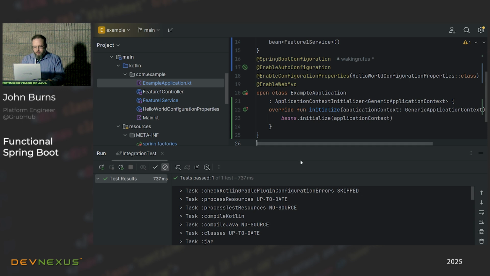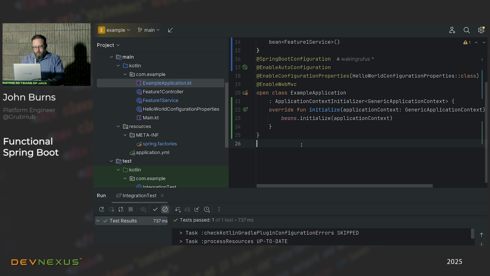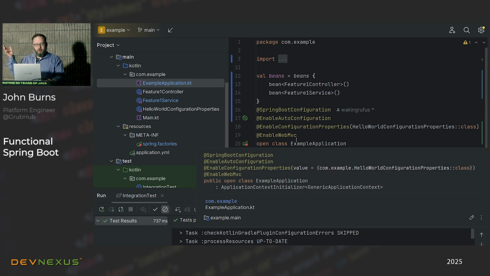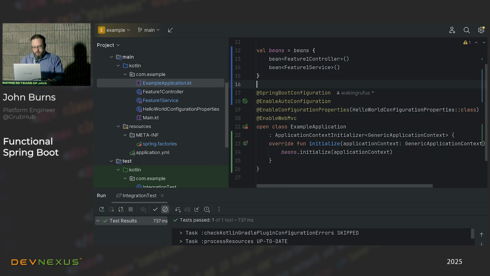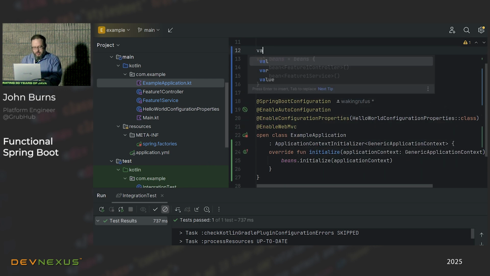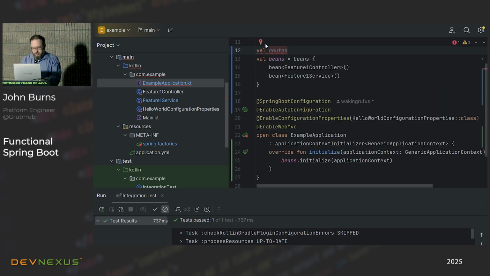Okay, so we're in a working state. What's next? Well, let's get rid of our controller, right? Because we have router DSL. So let's say our routes are going to look like, well, remember our route uses the service as a dependency.